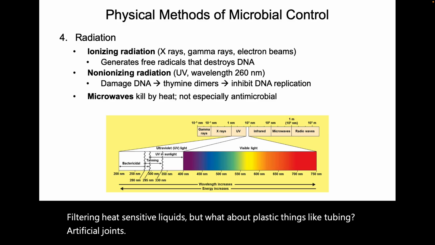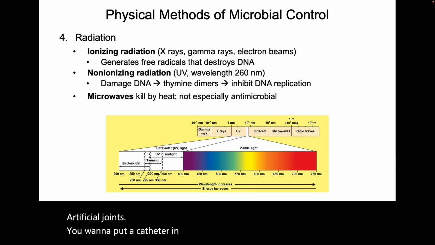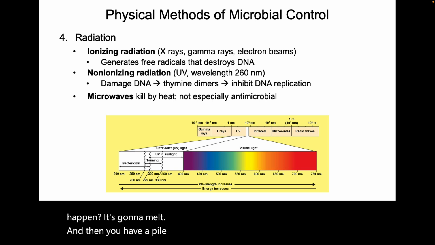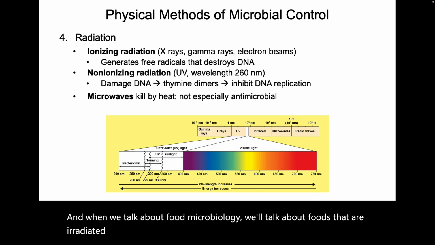You want to put a catheter in the autoclave? What do you think is going to happen? It's going to melt. And then you have a pile of goo that you can't put in a person. You can irradiate it to sterilize it so that it's safe to put in a patient. And when we talk about food microbiology, we'll talk about foods that are irradiated before we consume them to keep